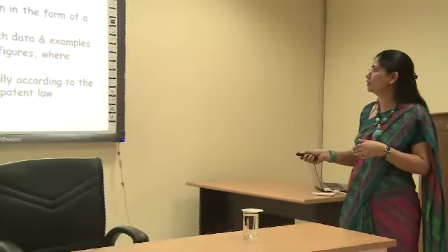This is the summary of what I told you, that you should compile your invention in the form of a description. I told you how to write everything. You write everything in a particular sequence. I gave you the sequence. You incorporate research data and examples. Every piece of research data which you have come across should be incorporated in this, and you should describe your invention with the help of examples, with the help of drawings, figures, and draft claims carefully according to the requirement of the patent law.